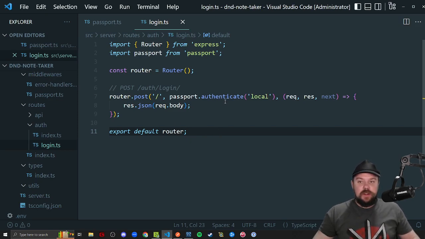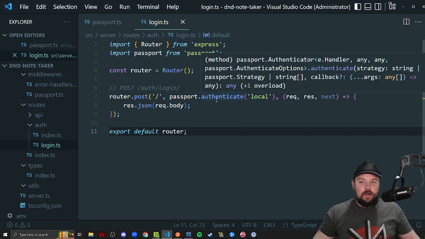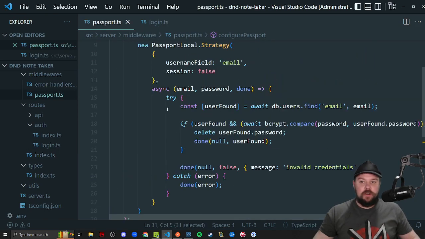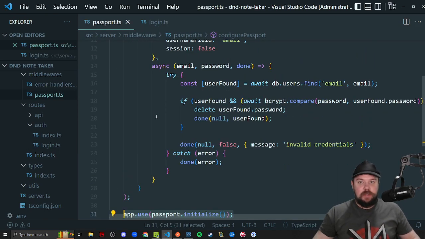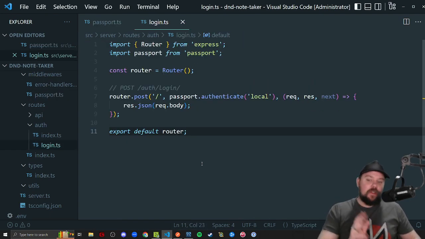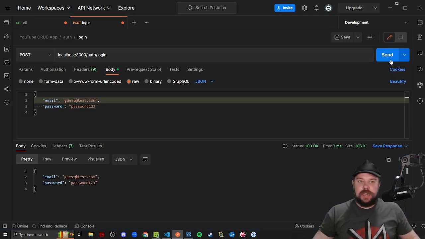So this middleware on our route, this is a route level middleware, is basically going to run this strategy's logic right here, meaning if it finds the email and the passwords compare, it pushes us through, and we'll see what that means here in just a moment. With that one little change, let's go test this route actually and see what's happening, right? So